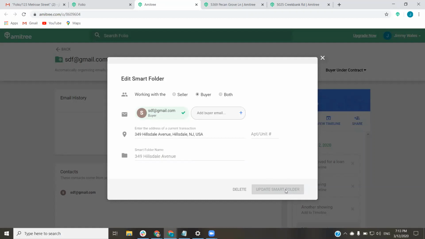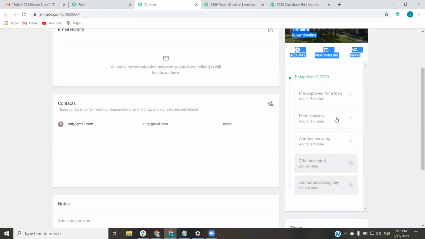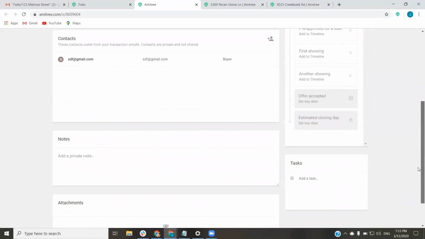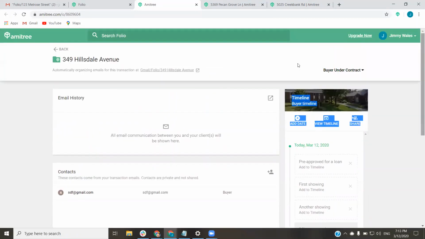And now we've put this buyer under contract. We've updated the smart folder. But what we haven't yet done is applied, you can see here, the timeline is the standard buyer timeline. This doesn't have the same timeline that we've created. So here what we can do now